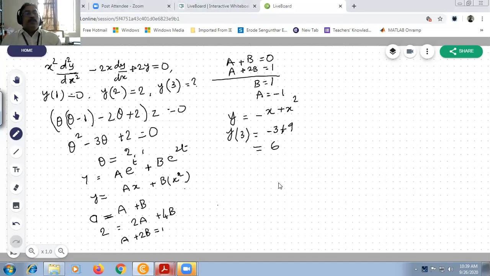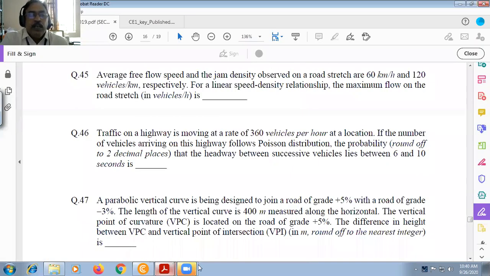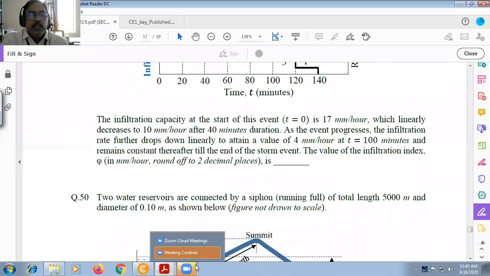So there are so many ways to do the problem. One is by ODE, Euler. Another one is forward difference, backward difference. So many things are there. But I found this technique is very simple. And yeah, that is all, I think there are no questions after that for mathematics.